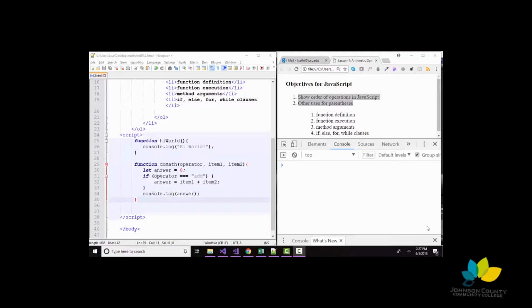In this short screencast, we're going to talk about order of operations in JavaScript and how they compare to math. Then we're going to talk about other uses for parentheses. So let's start with our console open here and build some JavaScript statements, some expressions where we're doing some